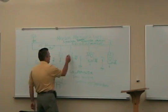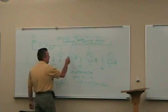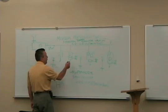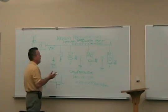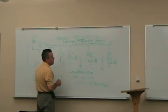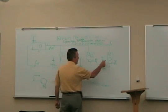But these VAV boxes, if they're sized appropriately and operating correctly, are going to do self-balancing. These are called pressure-independent boxes, meaning that the controls you put on, the velocity measuring devices on the inlet of these boxes, measure the airflow and adjust the damper positions to maintain a certain amount of airflow, no matter what the pressure is. So for instance, if this box closes, and this box closes, and this box closes,